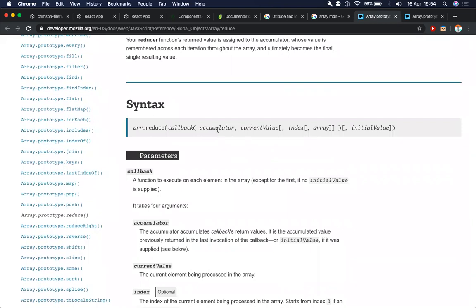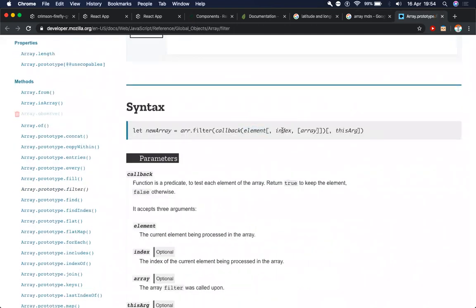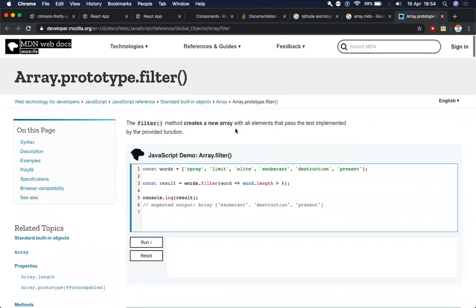So the first parameter it takes is the accumulator. So reduce is something else entirely, but I'm just explaining to you how these functions work. And then it takes the current value and then the index. And same for filter, it takes the element and the index. So this is a default feature of these functions. You can look it up in array.prototype.